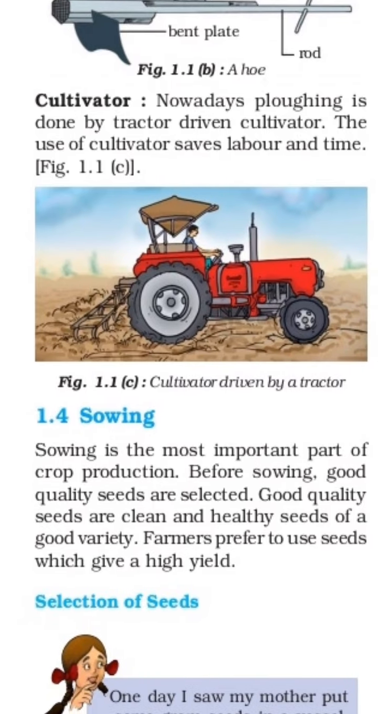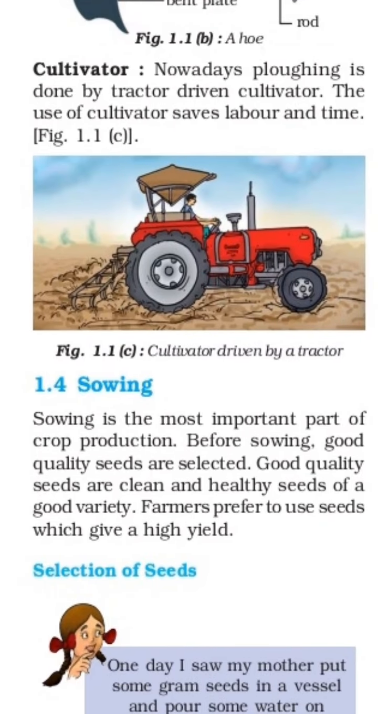Next point, sowing. Sowing in Marathi, in the local language, पेरणी करणे. Sowing is the most important part of crop production. Before sowing, good quality seeds are selected. Good quality seeds are clean and healthy seeds of a good variety. Farmers prefer to use seeds which give a high